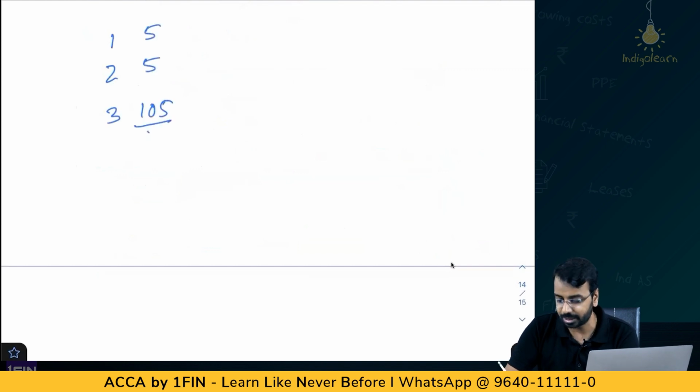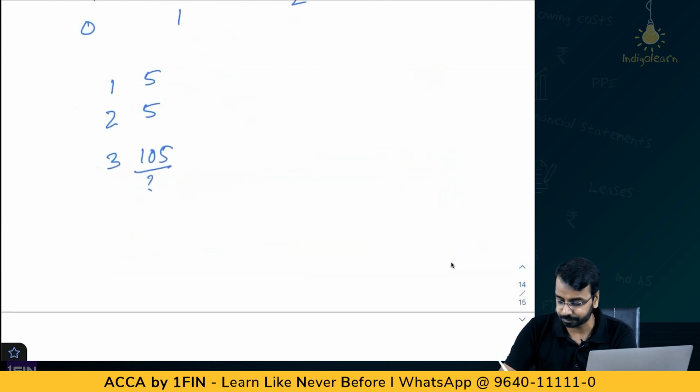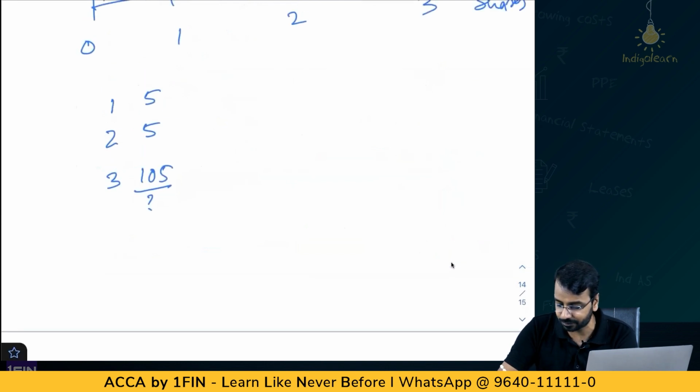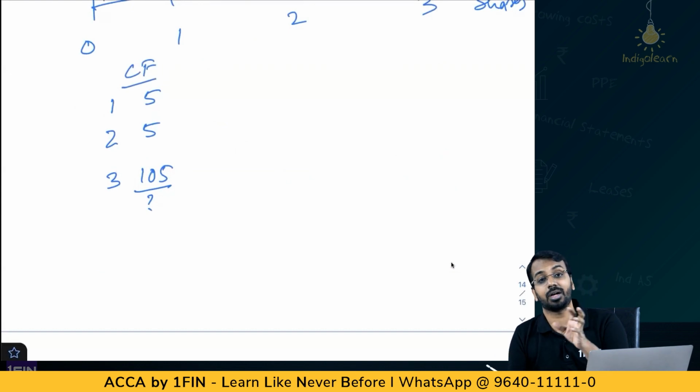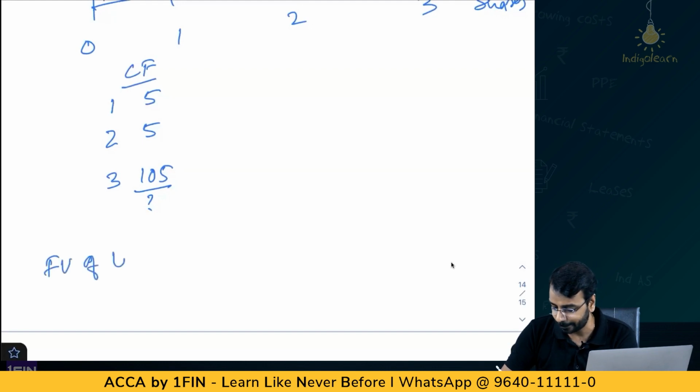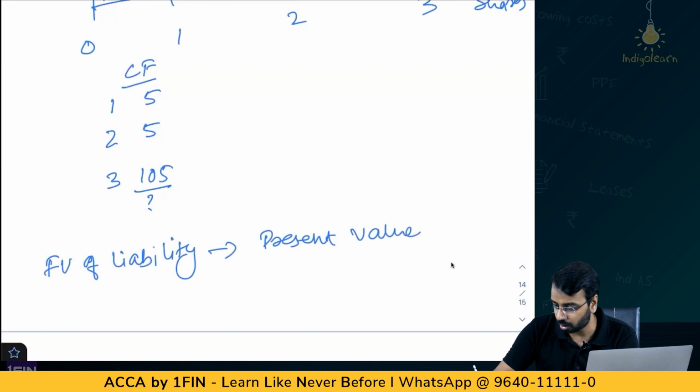Now this is optional, whether there will be a cash flow or there will be an equity issue. Okay. So you have cash flow of 5, 5, and 105. And there is an option to convert into equity. Now, please remember, when I say fair value of liability, this fair value of liability is the present value of cash flows discounted at